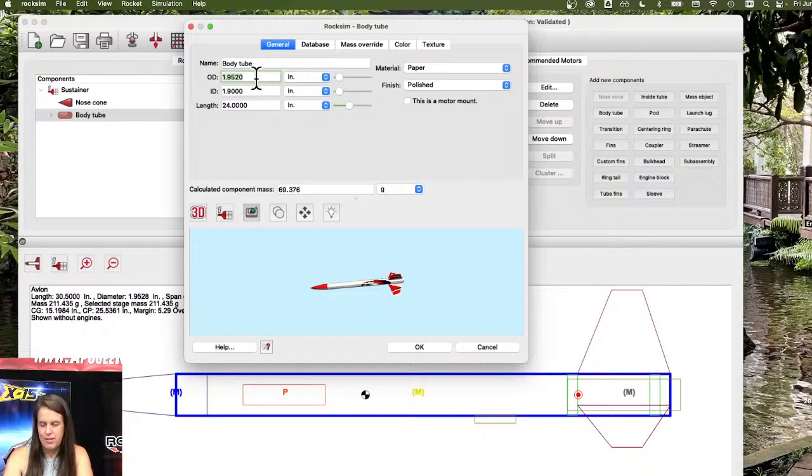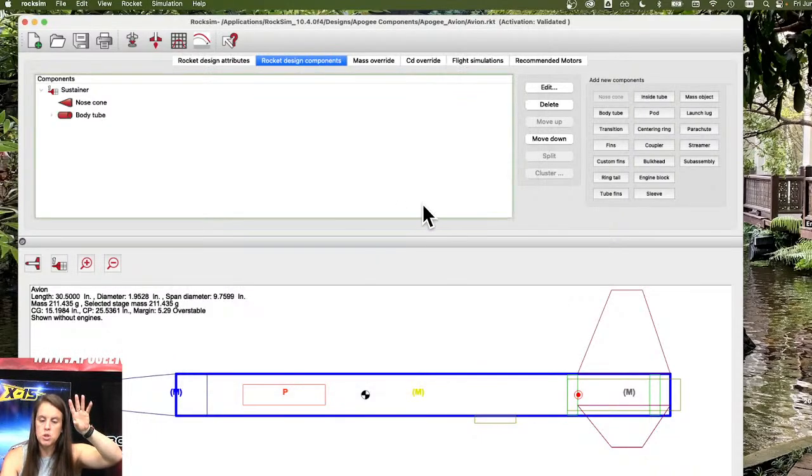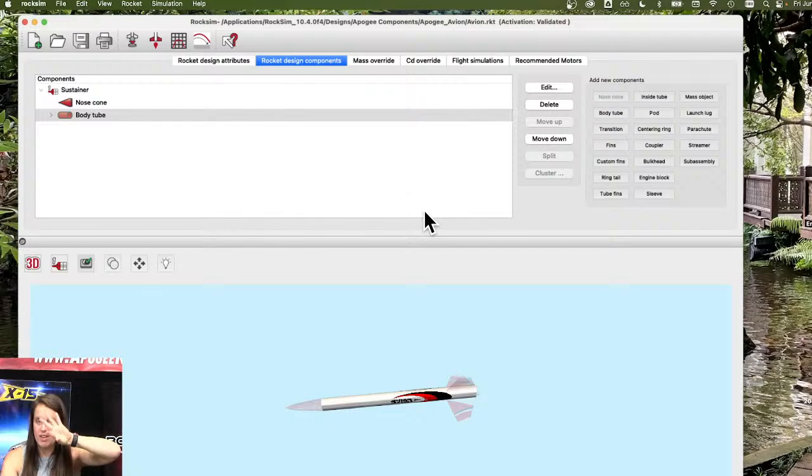So you have to kind of fudge it a little bit, or if you know what body tube size you're working towards, say you wanted it to be a 4-inch rocket and you're starting with a 0.95-inch rocket. You'll need to figure out that scale factor. So the nose cone or the body tube is going to be your limiting factor when you scale a rocket, because you're just locked into